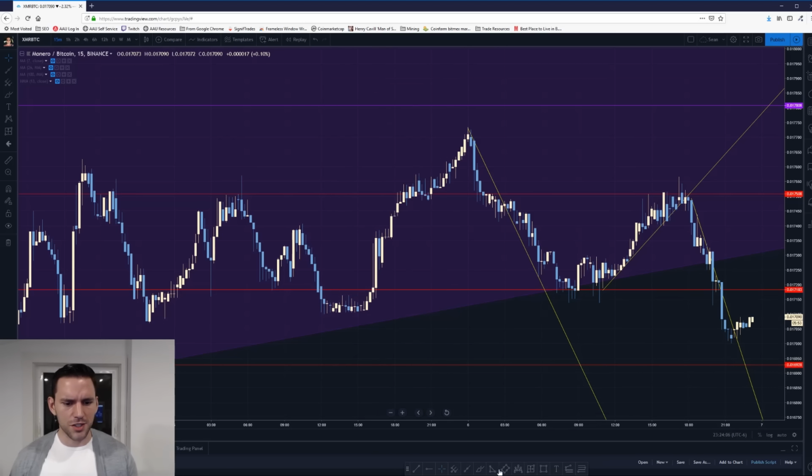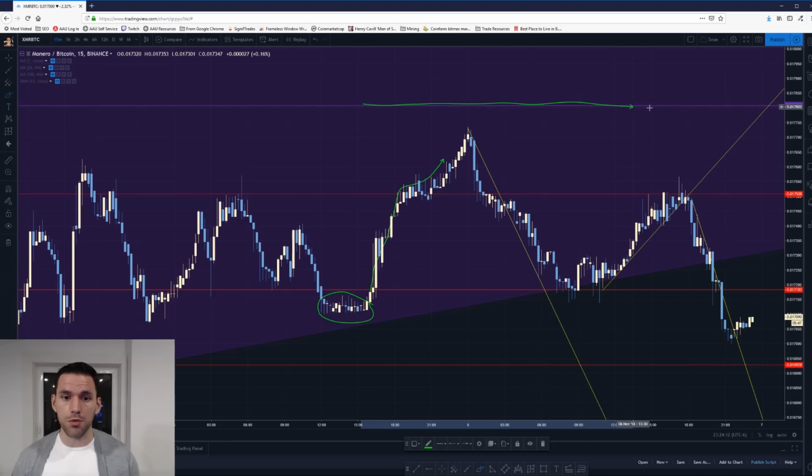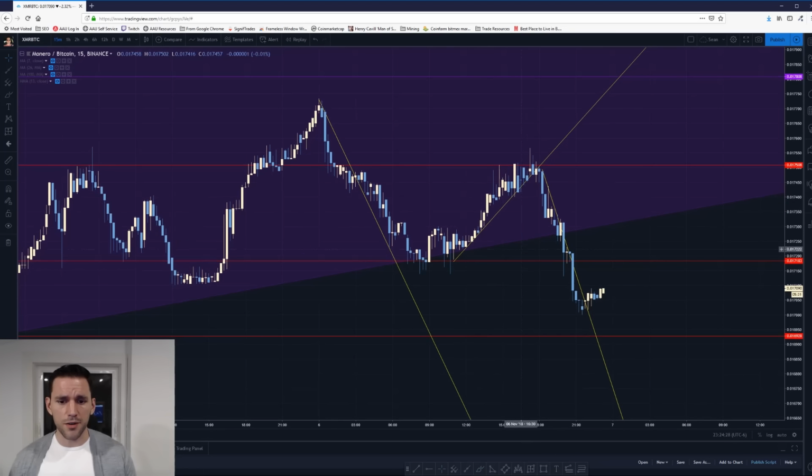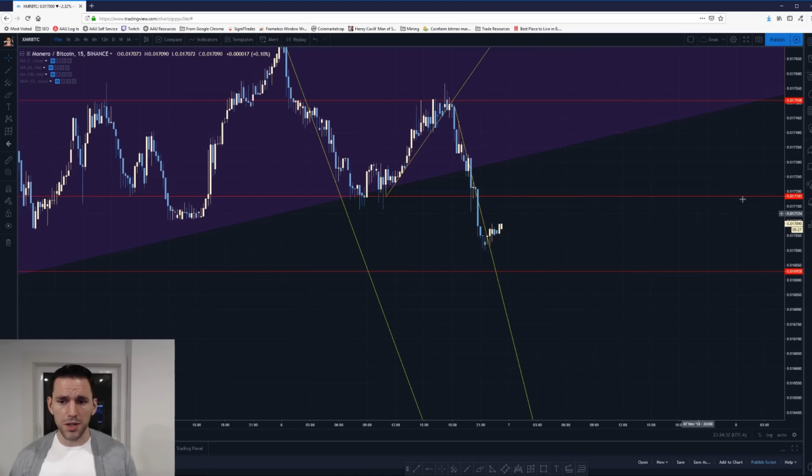So let's just pretend we are right here in this move. As we are moving up, we need to know that this weekly level is approaching, because that is going to tell us the strength of the level and how strong the offset of that is going to be, and if it's first touch or first test and all these different things. And we need to know that we are in this wedge on the weekly level. So if we start to break out of this, like what we are doing here, this is probably going to be a pretty big